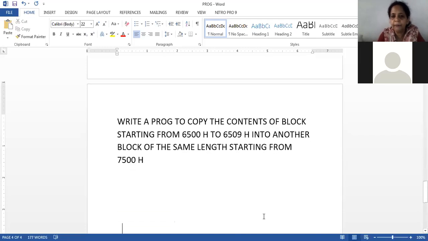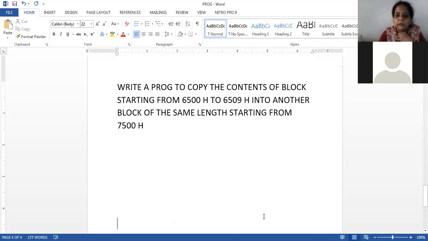So what is the program? You have to copy the contents of the block starting from 6500 to 6509H into another block.